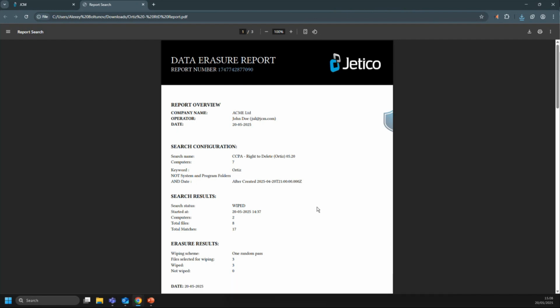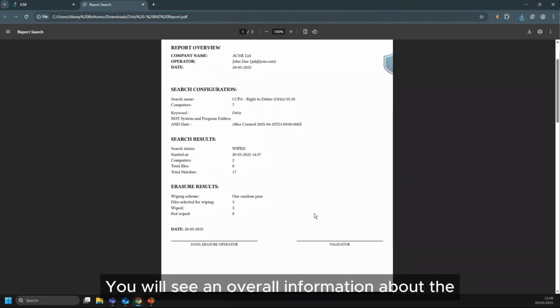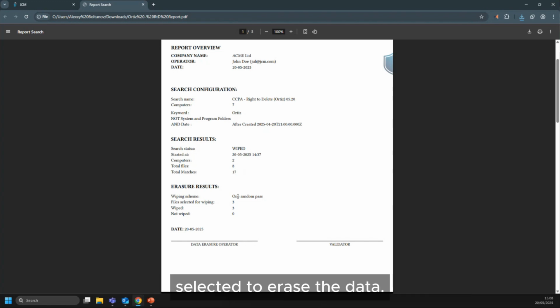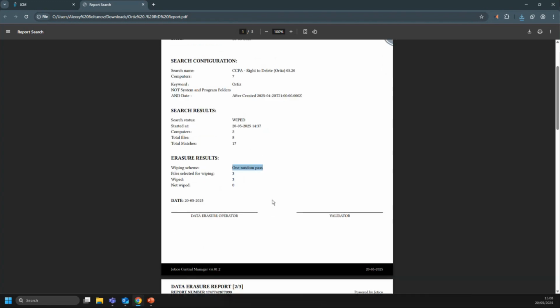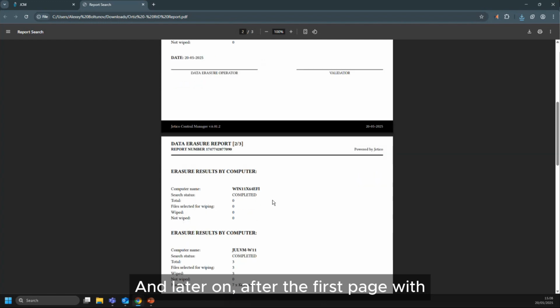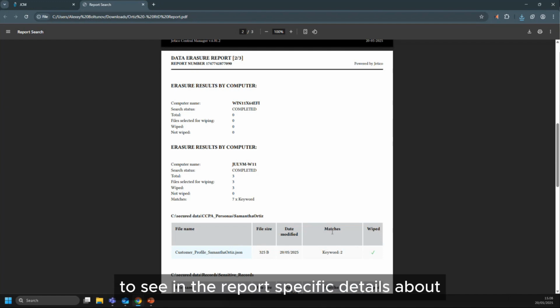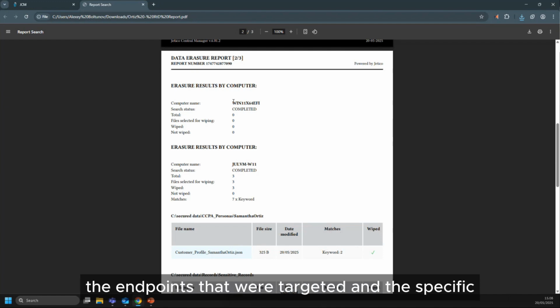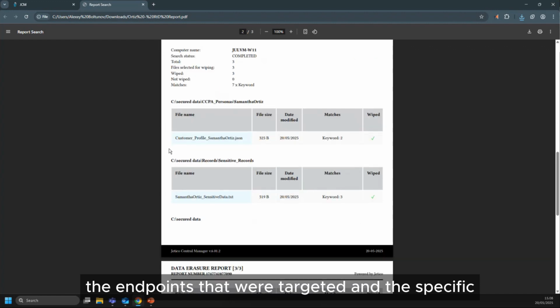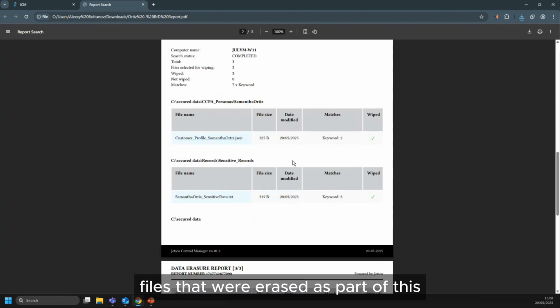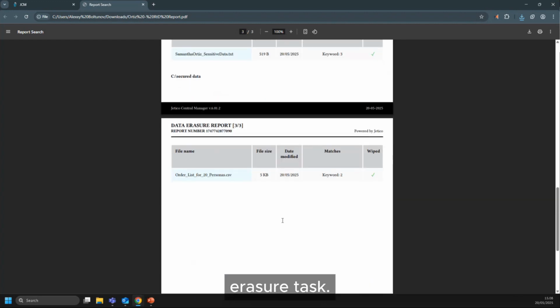identification number. You will see overall information about the search query that has been used, what the keywords were, and what wiping scheme was selected to erase the data. And later on, after the first page with the general overview information, you will be able to see in the report specific details about the endpoints that were targeted and the specific files that were erased as part of this erasure